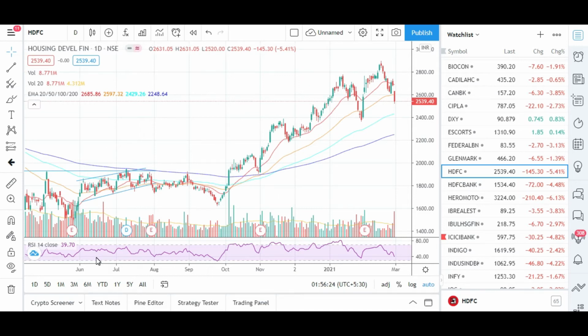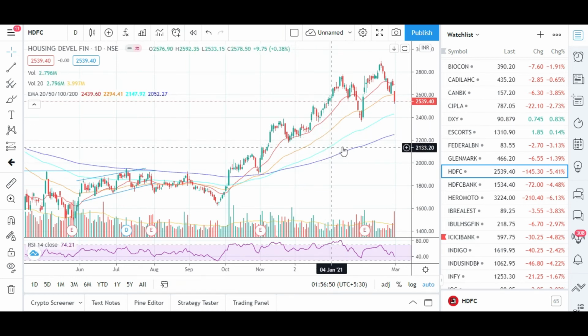So I mentioned that the 20-day moving average should be above the 50-day. You can see that the 20-day moving average is the red line. What I have represented here are the 20, 50, 100 and 200. 20 is this one, 50 is this one, 100 is this one, and 200 is this one. So basically 20, 50 and 200. You can see that 20 is above the 50 and 50 is above 200.